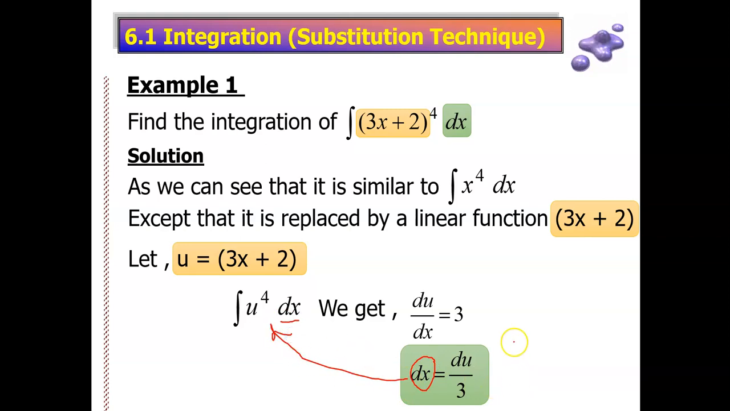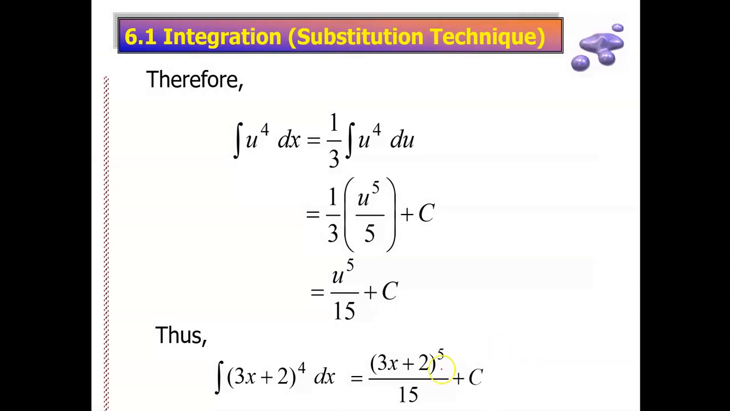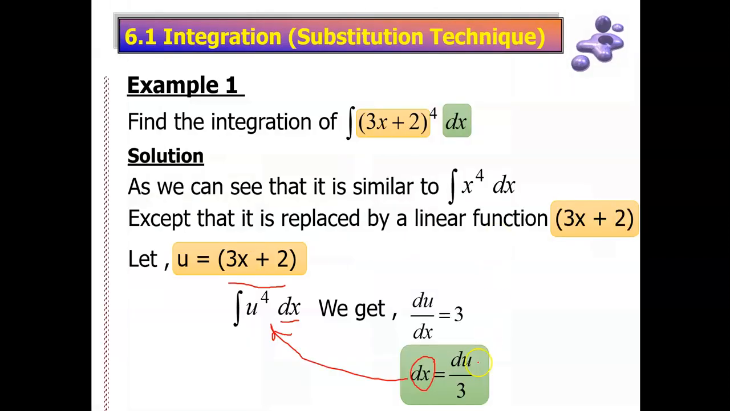That's why we want to find dx. So you already have your u, which is this part, 3x plus 2 to the power of 4, and dx is this, the green box. So you're going to have the integration of u to the power of 4 dx equal to 1 over 3. Why is it 1 over 3? Because this one, 1 over 3